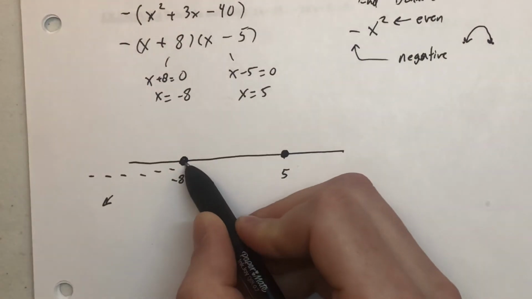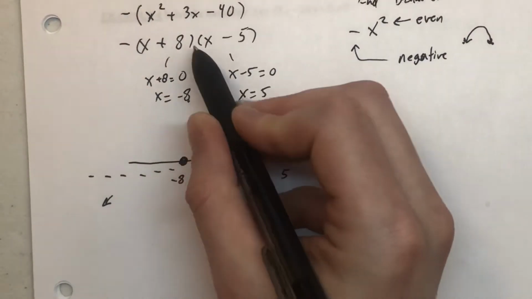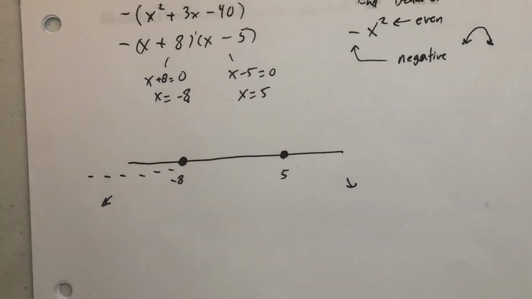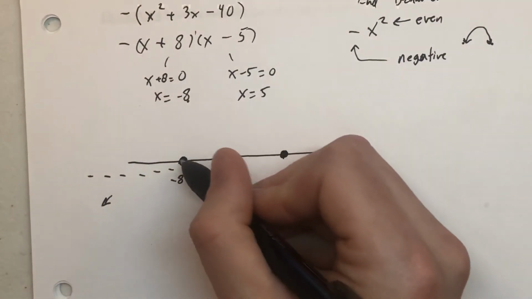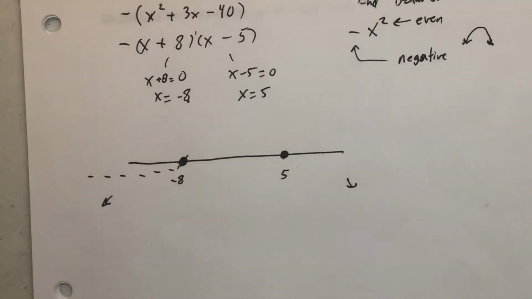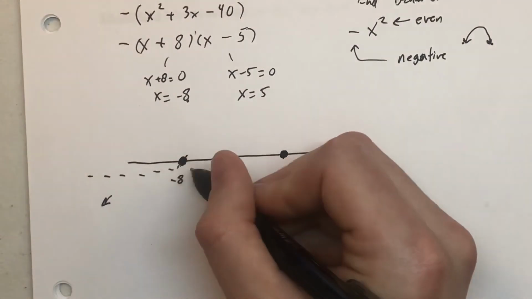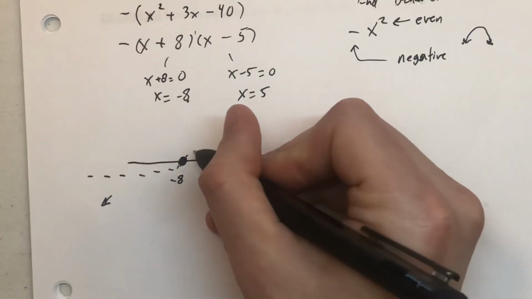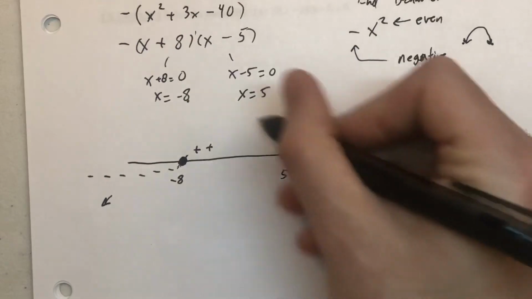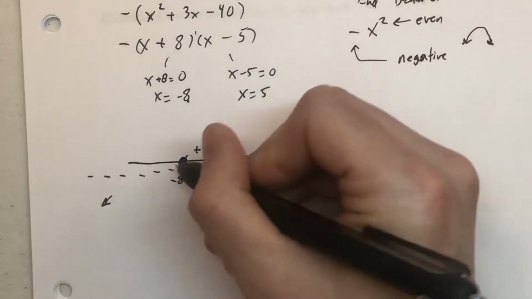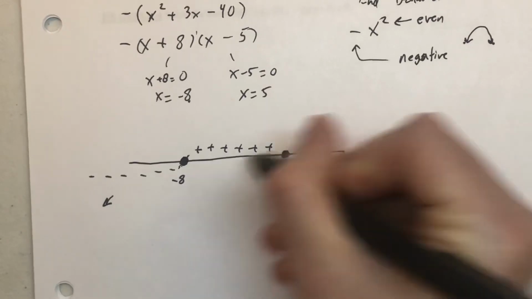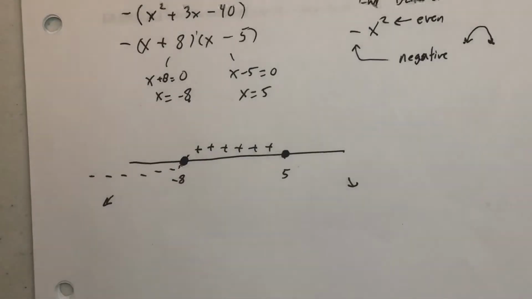Now it gets to this point, which came from this 0, which came from this factor, and this factor has a multiplicity of 1, right? There's only one of it. That means with an odd multiplicity, we know it's going to cross, right? Our graph will be crossing at that point, which means as soon as you get to the other side of -8, it's now above. It's doing that hill part of the graph. We don't need to draw it, but that's what it's doing. And so we can expect that it's going to be positive, above the x-axis, for all those points between -8